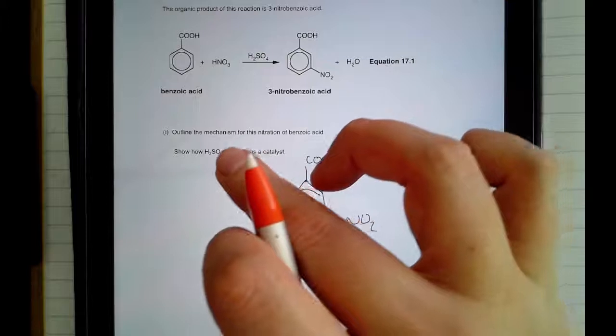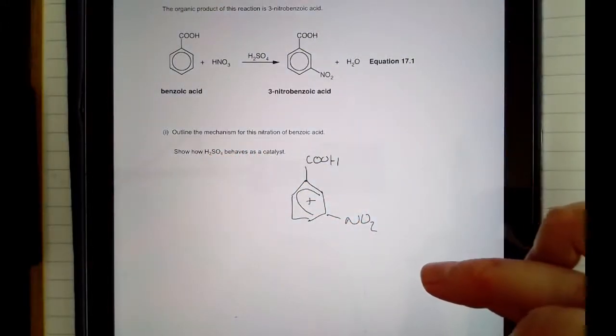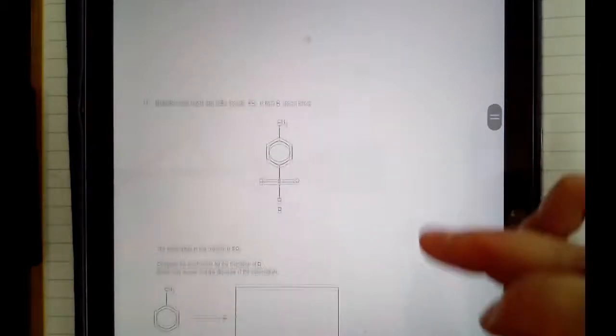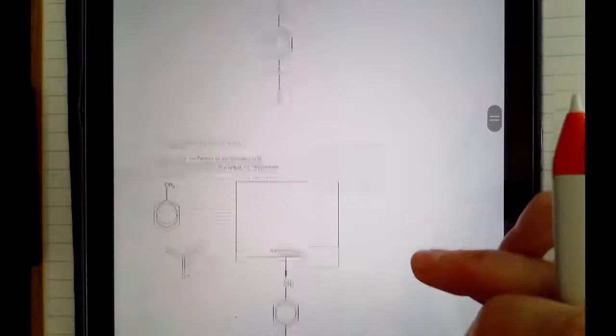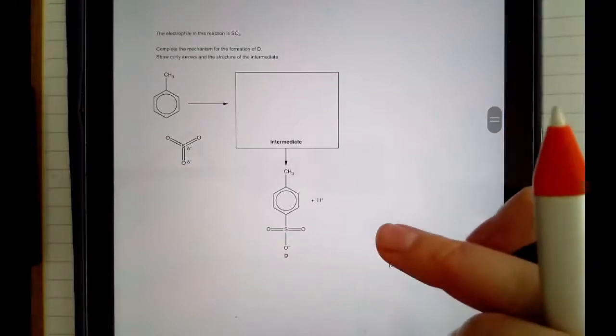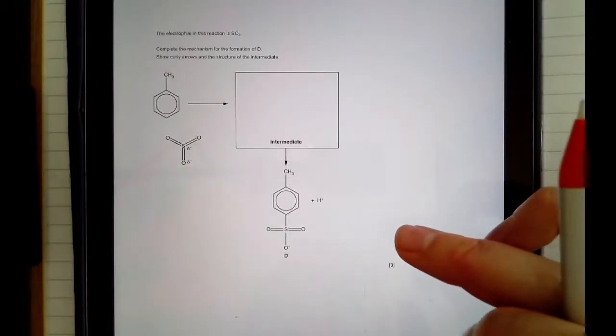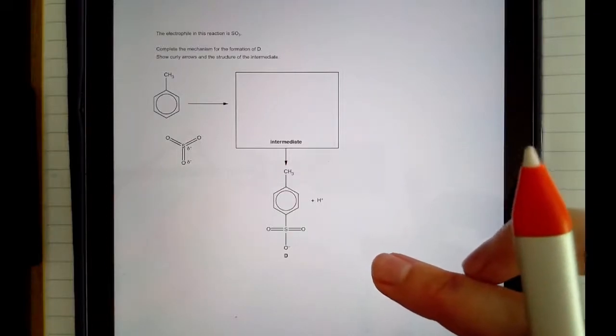It even prompts you here to show step 1 by asking how H2SO4 behaves as a catalyst. And to answer that part of the question, you just write the equation from step 1 like we had already done. This question here, it's obviously something that we didn't go through in the notes, but they give you all the information that you need. Yes, it's an unfamiliar kind of reaction. But if you know electrophilic substitution, you know the mechanism for it, it's going to be the same as